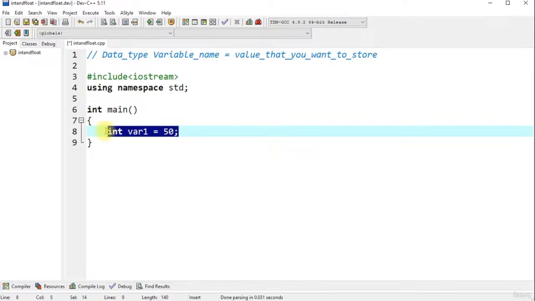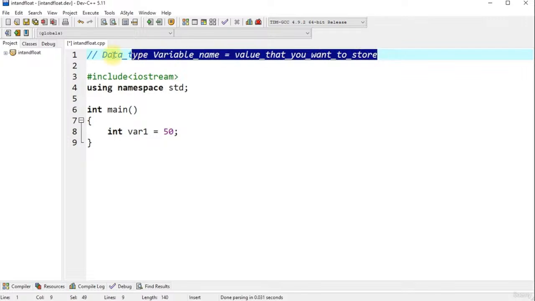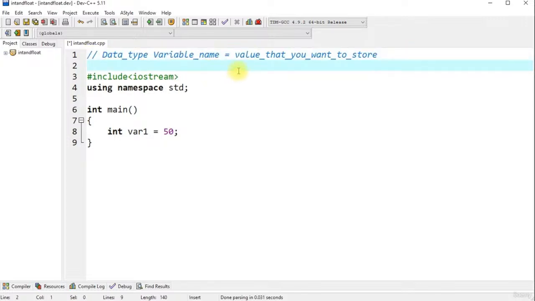So let's understand the statement with the help of the generalized syntax that I have written over here in the comment. The data type is the first requirement, and here the data type is the keyword int. So it is telling that this var1 is a variable and it is of integer type. So data type, variable name is var1, is equal to, and on the right hand side of is equal to, we'll write the value that we want to store inside this var1. So 50 will be stored into var1. If I save the program